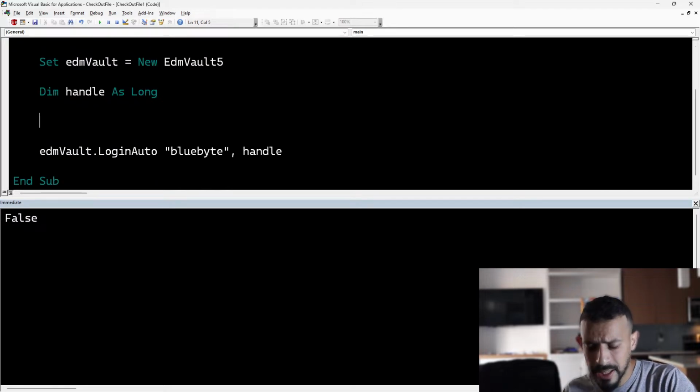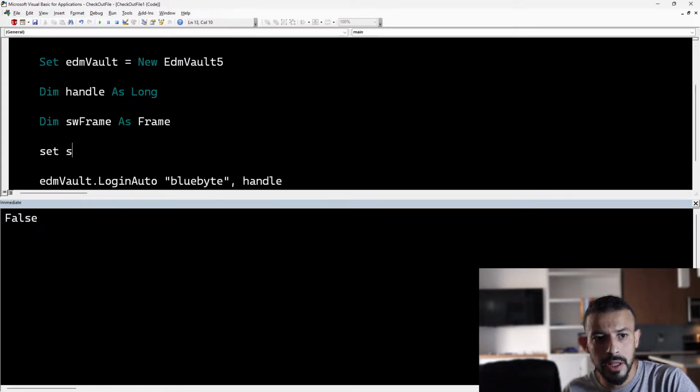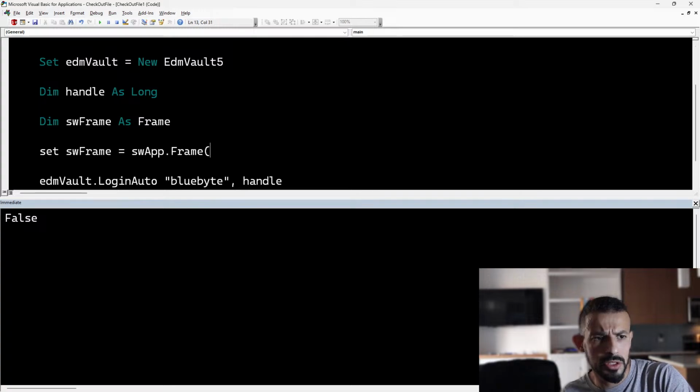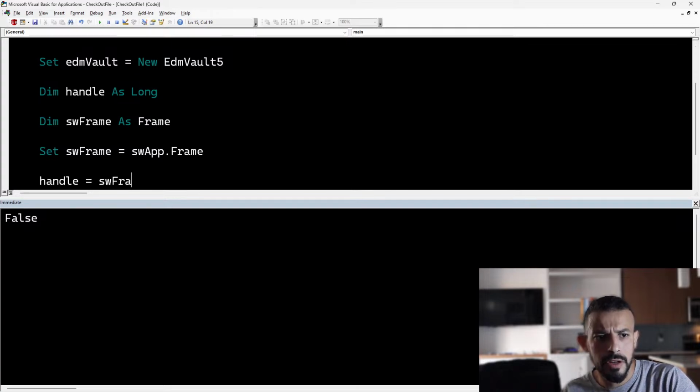And in order for us to get the handle of the SOLIDWORKS application, we need to define another variable here. We're going to call it frame, and then set frame to be equal to SwApp.Frame, which is a method, and then the handle is going to be the frame.GetHWnd